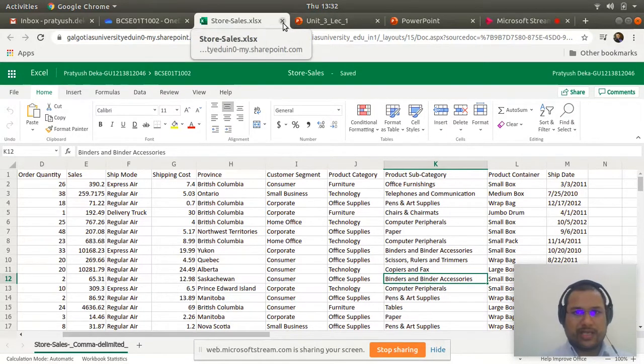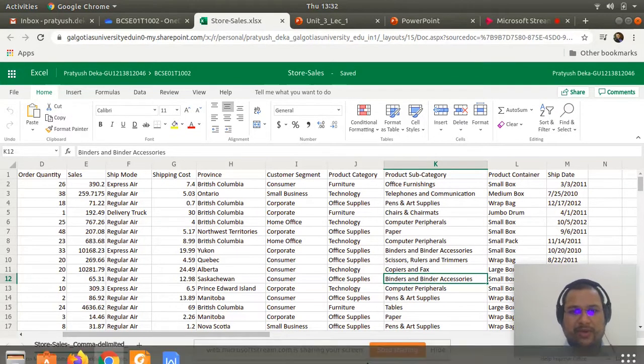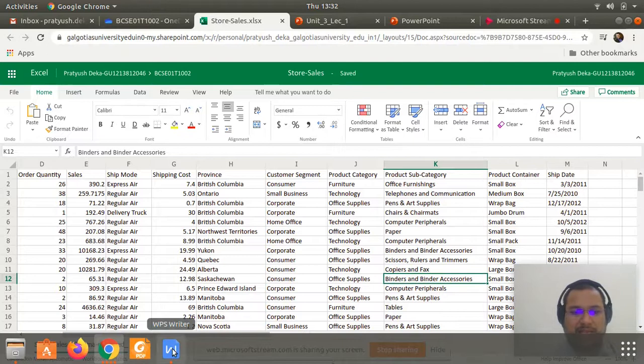Now I am doing this online. How can you read data into your own desktop software? Since I am using Linux, I don't have Microsoft Office, so we have this WPS. Now if I go to the data I have,